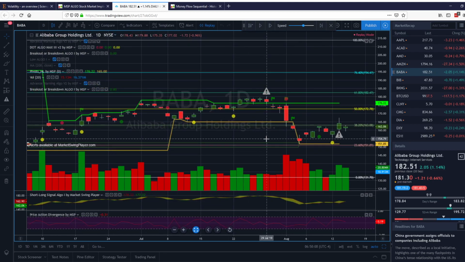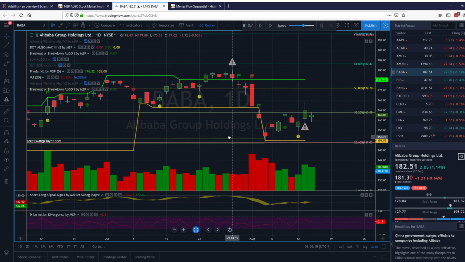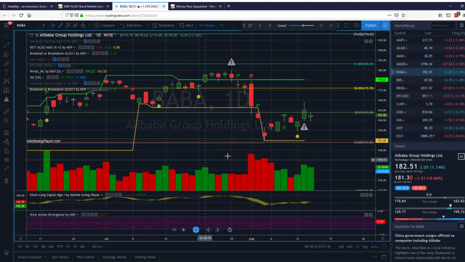It's always good to see what the chart would have looked like. So we know we got an alert here and we got an alert here, and it's saying support is okay. So let's say we got into this trade